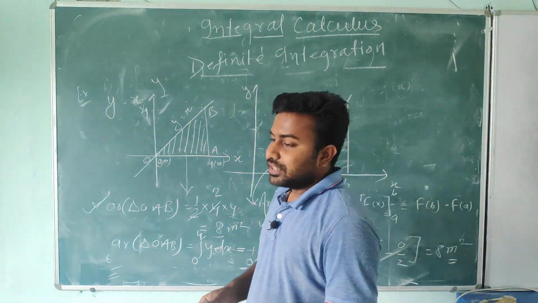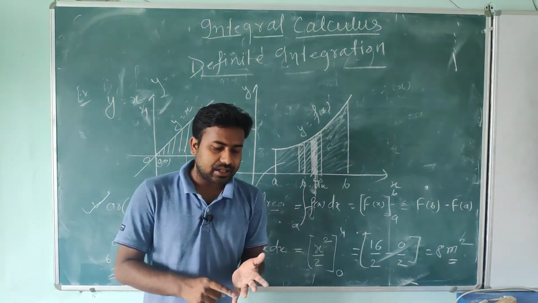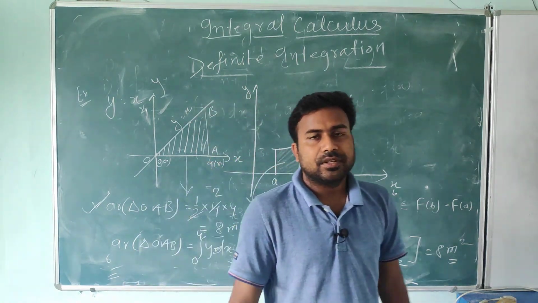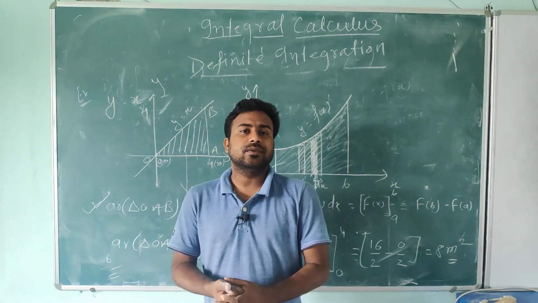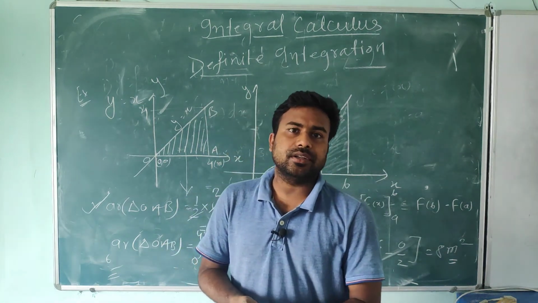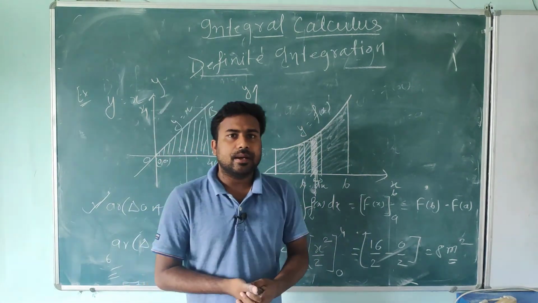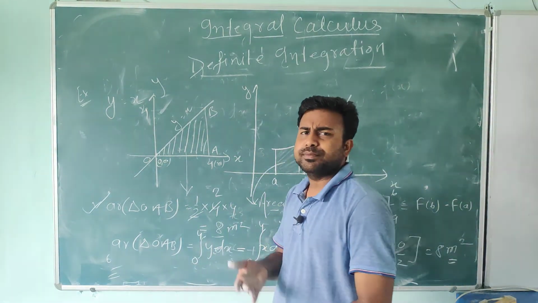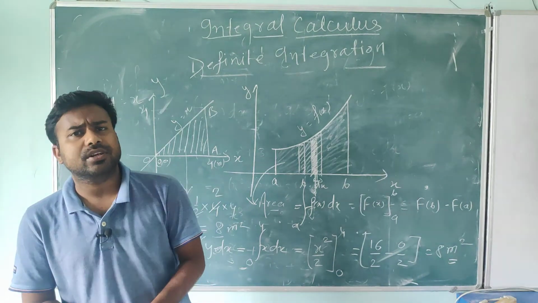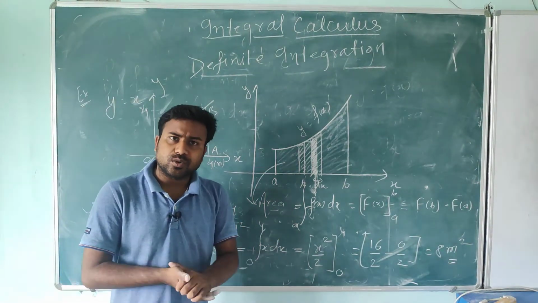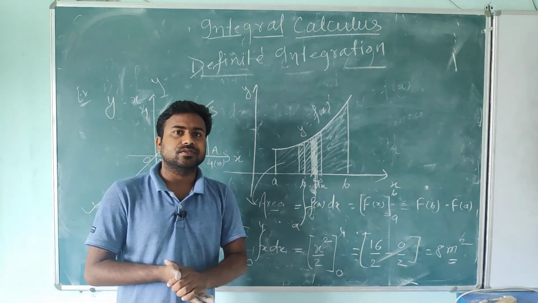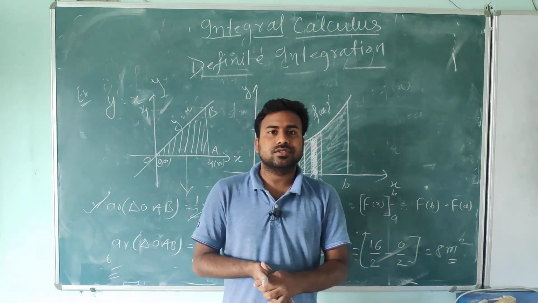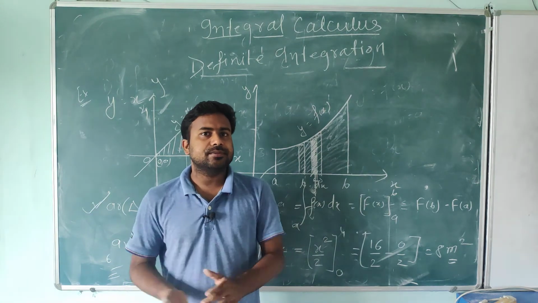So till now what we discussed, we already discussed vectors, the calculus part, and a little bit of basic mathematics also. So students, revise these things, then only you can understand physics properly. In the next lecture I am going to discuss units and dimensions. These are the basic concepts required for learning physics. Without these concepts you can't understand physics effectively, you can't solve good questions, and you can't solve the IIT and NEET questions. That's why these concepts are required.